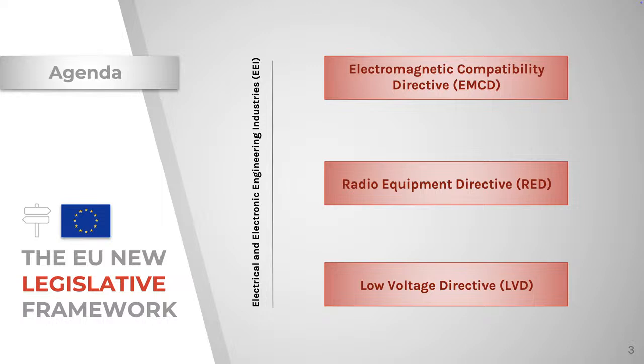To improve the internal market for goods and strengthen the conditions for placing a wide range of products on the EU market, the new legislative framework was adopted in 2008. It is a package of measures that aim to improve market surveillance and boost the quality of conformity assessments. It also clarifies the use of CE marking and creates a toolbox of measures for use in product legislation. There are over 20 CE directives, but when we talk about the CE being used for EU market access for electrical products, we are talking about compliance with the essential requirements of